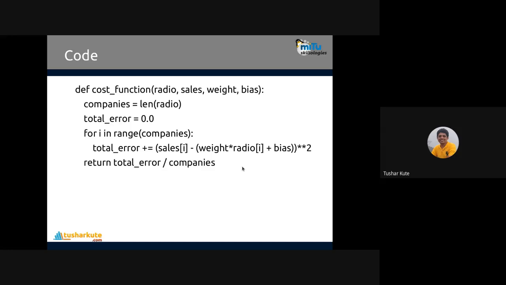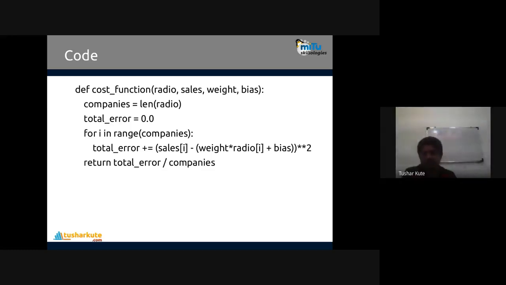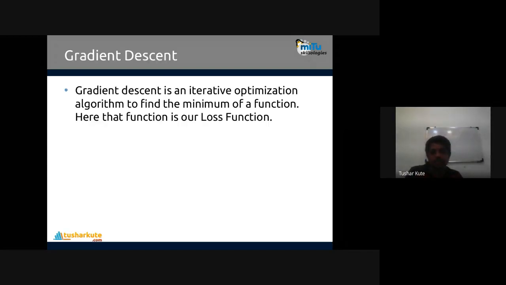Fine. I'm talking only about squared error. Here I have not used any default function, like in NumPy where we have such functions. I just used a for loop here to calculate it. Then the total error is divided by the total number of companies, so we get the mean, the average of all. That is the mean squared error. The error is the difference, then their square, and then their mean. That is the cost function that we can use here for linear regression methods.